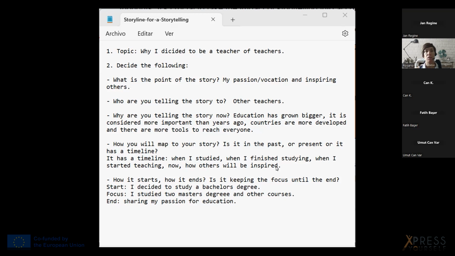The thing is that you need to organize the story that you are going to share, because when you are doing the storytelling, it needs a storyline. You cannot have a disorganized message, and you need to have this in writing because it will help you organize the pictures as well, the photographs, the video, the music, and anything that you put together in the storytelling. So planning is an important part of storytelling.